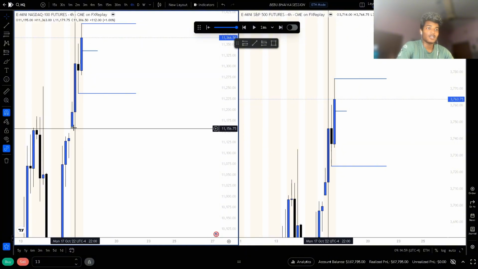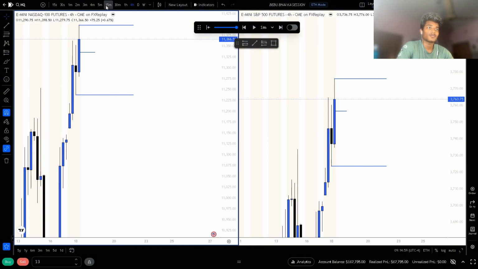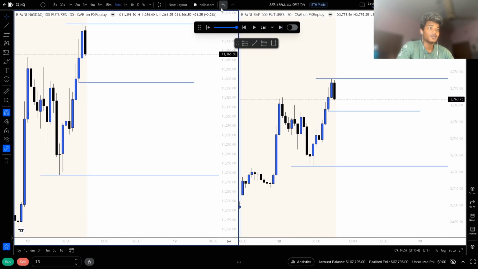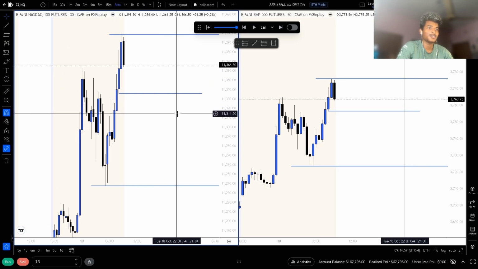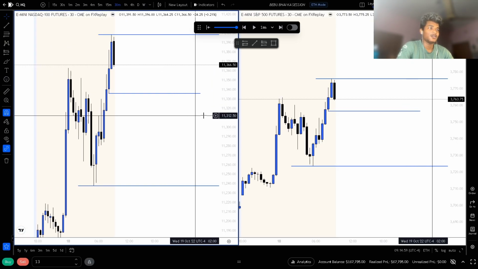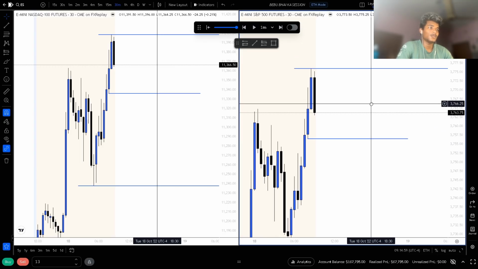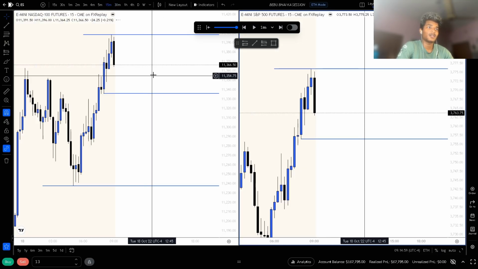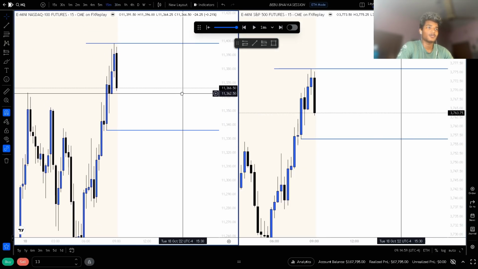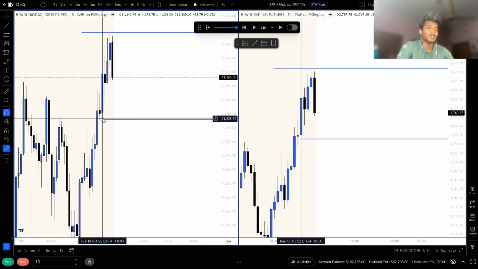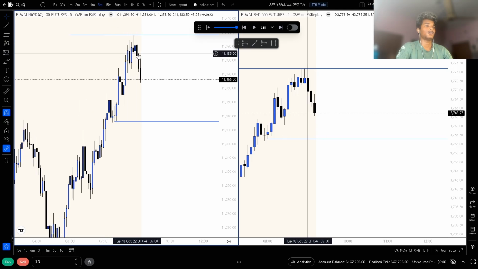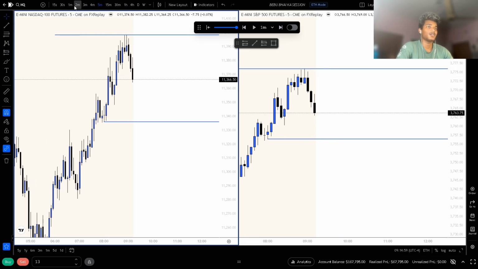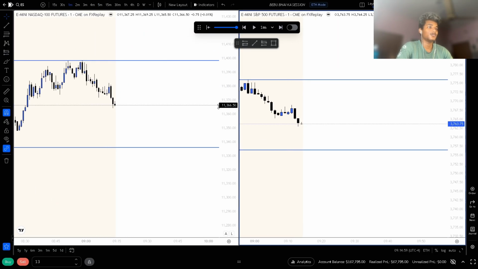We have also this NDOG, which is the new day opening gap. On the 30-minute, you can see that we are pretty much bullish in this shorter term. Let's see the 15-minute. 15-minute looks pretty much neutral to me until this gets taken. So 5-minute may shift bearish at the open. Let's just see the open now.